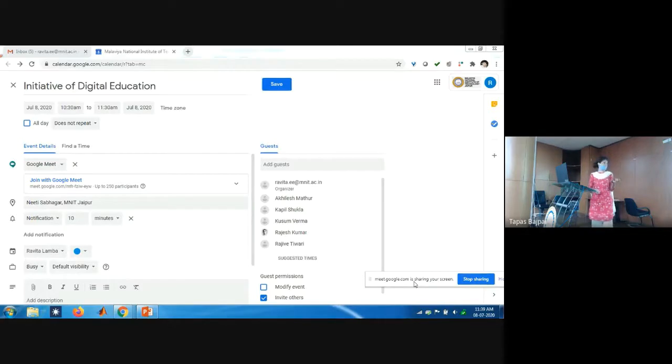The guest can have access, and after this there are more options, like notifications. We can set a notification for when our next Google Meet is. It will give you a notification, and you can set the time for it. Then there is repeat. Do you want to repeat this meeting? If it is a class, suppose we have to take the class on alternate days in a week, we can set that also. We add the timing for one day, and then select the different options from the repeat options.